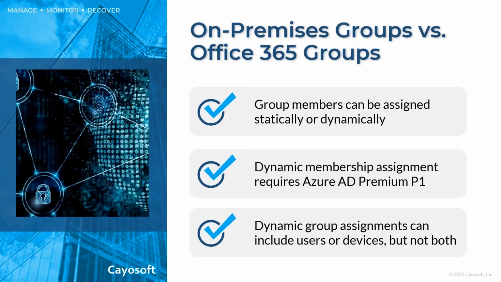So when we start talking about Microsoft 365 groups, group membership can be assigned statically or it can be assigned dynamically. Now, static group assignment is exactly what we've done since the very beginning, even in on-premises environments. You create a group and then an administrator goes out and they pick the users that they want to assign to that group, they make the assignment and call it a day. That's a static group assignment.